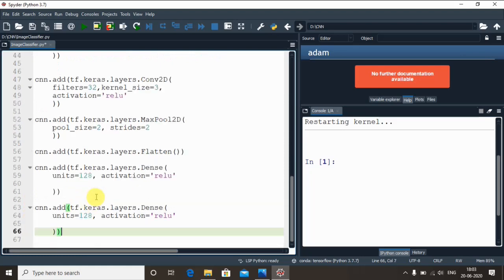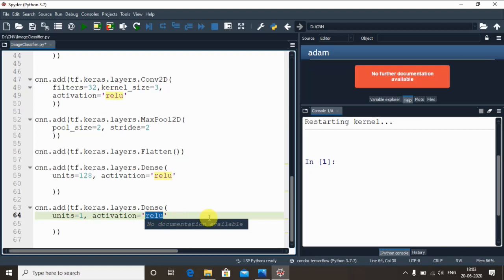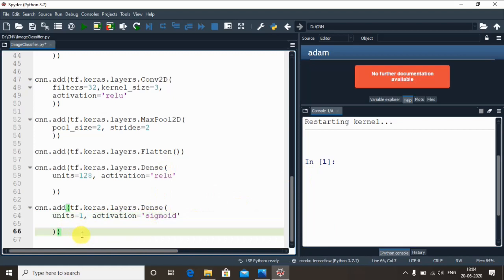Instead of 128 hidden neurons, I require only one output neuron because we are dealing with a binary outcome, yes or no. The activation function, as I already told you, is sigmoid, because we're dealing with a binary classification problem. However, if you are dealing with any kind of multi-class classification problem, you can make use of the softmax activation function also. Since this study is focusing on binary classification, I am using sigmoid as of now. So these are the changes you have to make for the dense class. This completes building your CNN model.